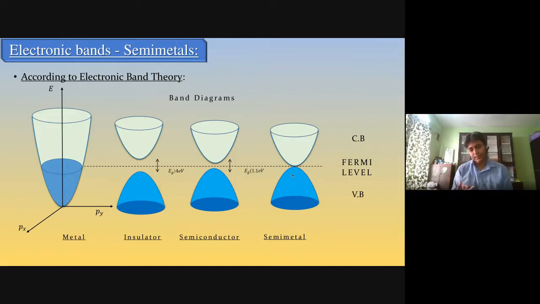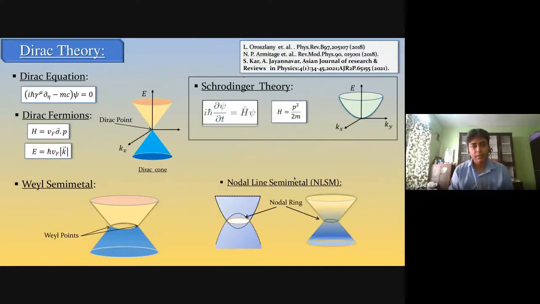If the crossing is linear, then things change dramatically, because for a linear crossing you get the effective mass of the electron to be zero at the crossing point, and then it gives huge mobility to the particles, to the electrons, and then you can see many dramatic effects, and that's what we're actually aiming for. Now, when there is a linear crossing, we have to actually use the Dirac equation,